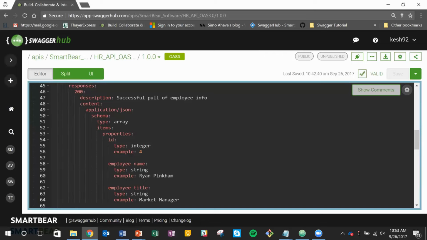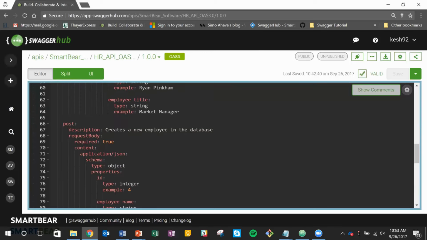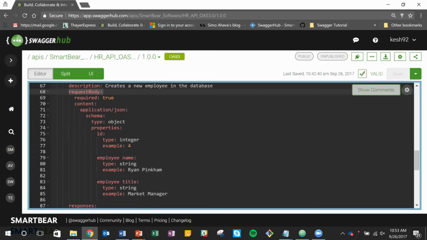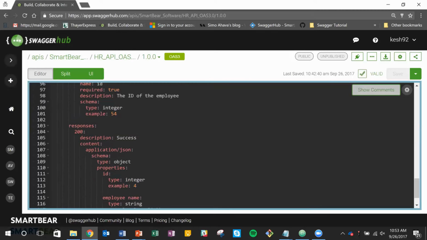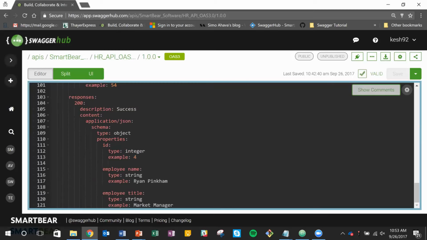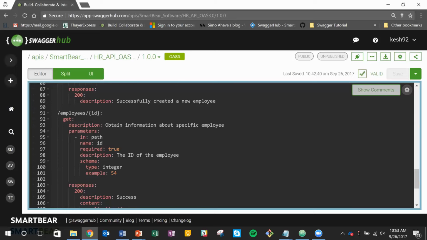Right, so you can actually define the 200 response. Again, we also showed you the post method, and under the post method, we showed you a new object called request body, which is new to OAS 3.0, where you can define what you want to post. And finally, of course, we showed you the path parameter, which is how you can actually get information about a specific entity,